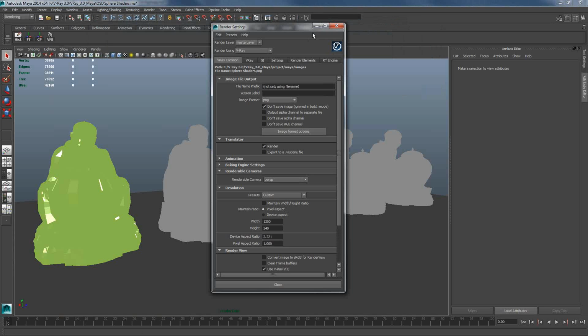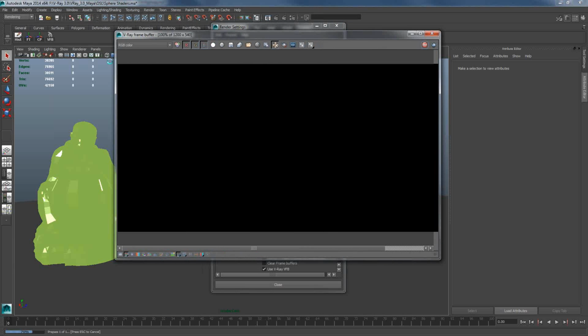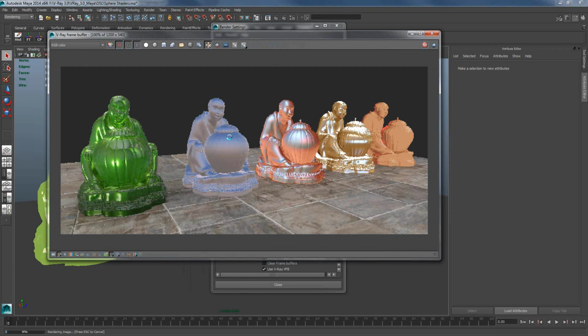And one of the next steps that we try to support is the Open Shading Language, which gives you the ability to actually write your own shaders, if you're more technically oriented, of course. Using this technique, I have created a couple of matcap-type shaders, the kind you're probably familiar with from ZBrush, and you can create a variation of materials based on just a couple of textures. So if we take a look at the shaders,